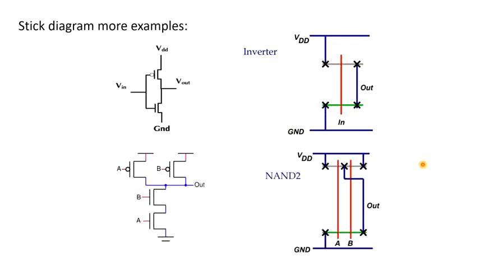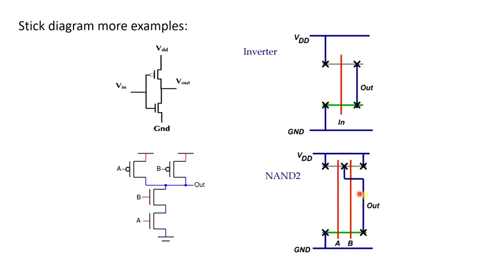Okay. What will happen in the case of NAND 2? This is a NAND 2 gate, or 2-input NAND gate. For a 2-input NAND gate, it will look something like this, right? Here this indicates all PMOS are in parallel, and this indicates all NMOS are in series, and then you have to connect it. I hope you are able to correlate this directly from here to here and this here to here.